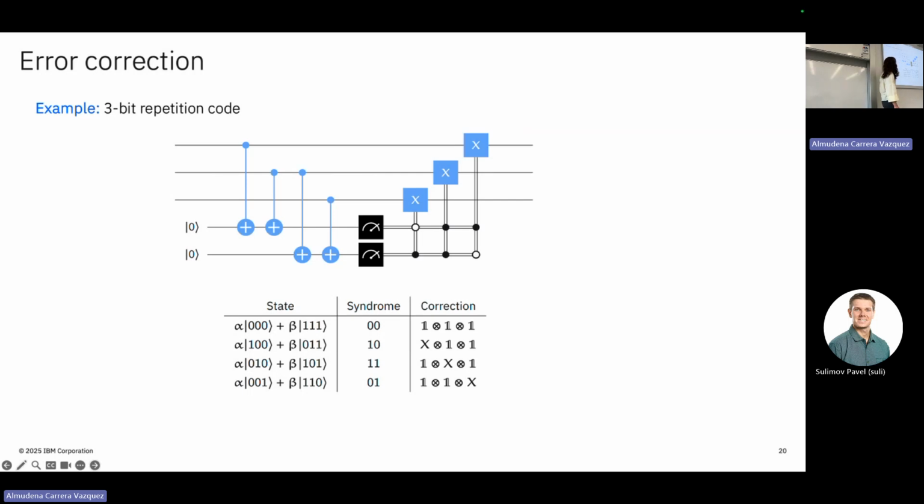Now, the way that you map the errors to these syndromes, this was one way, but you can do more complicated, more clever ways to try to encode all the errors that occur in the least amount of information. And then the next step would be mapping these syndromes to operations that you apply to correct, and this is called the decoding operation. There are different ways to do this. They're called different error correction codes, and they all have different pros and cons.